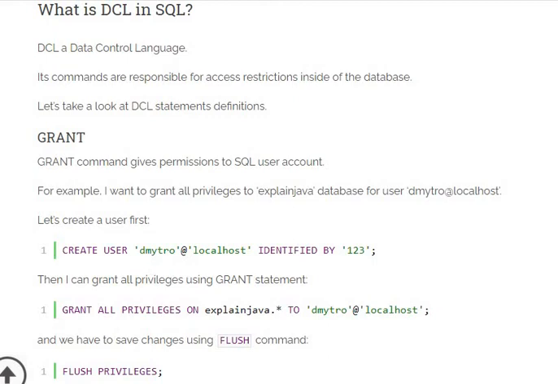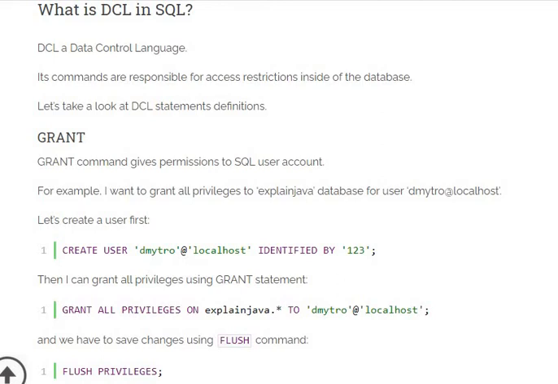DCL is data control language. So if you want to restrict your database, you can set your privileges and permissions with the help of grant. Just look at the user creation, which we didn't practice earlier. Create user, username at localhost identified by some number, semicolon.